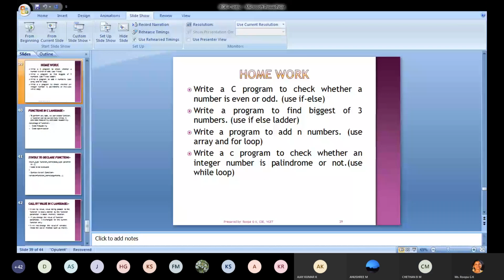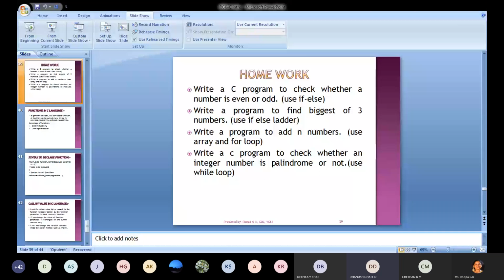Chintan, Chiral, present, ma'am. Deepika, present, ma'am. Devadatta, present, ma'am. Devi Prasad, Dhanush, present, ma'am.